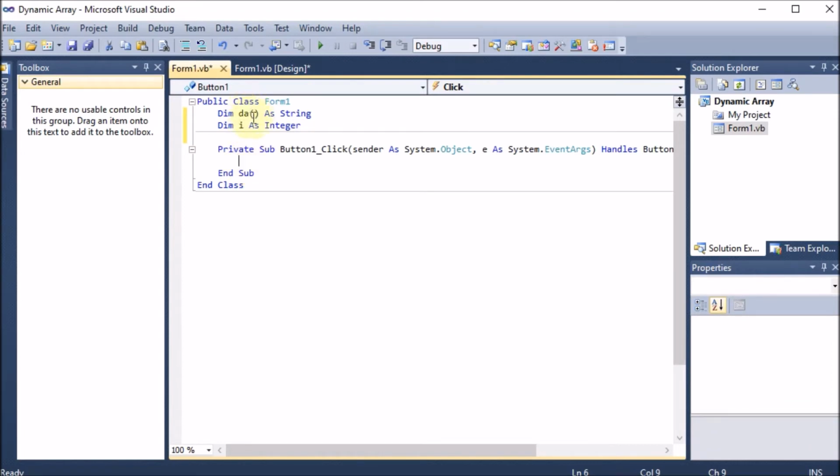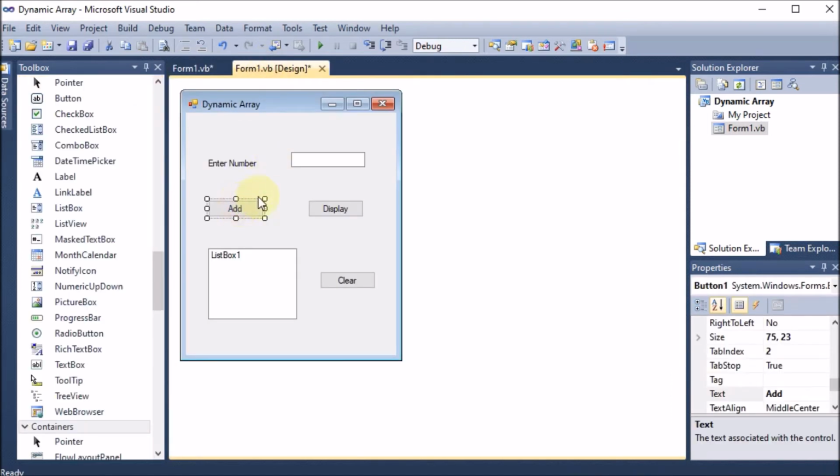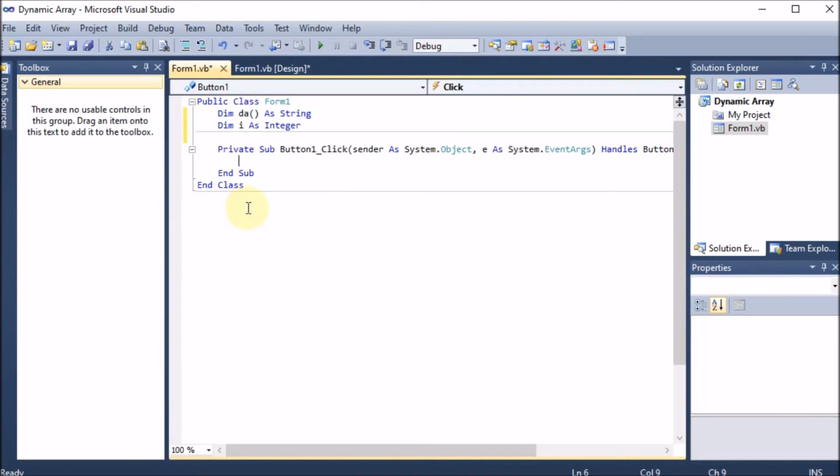Right now there is nothing inside this array and we know that if I provide DA(0), I am having one block. If I provide DA(1), I will be having two blocks, 0 and 1. If I provide DA(2), I will be having three blocks. This way, after clicking on the add button, I want that the array size should be incremented. What is the minimum size of the array? Minimum size of the array is DA(0) because the 0th element will be there.